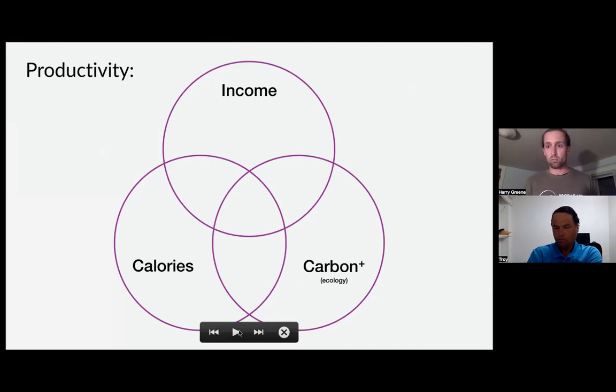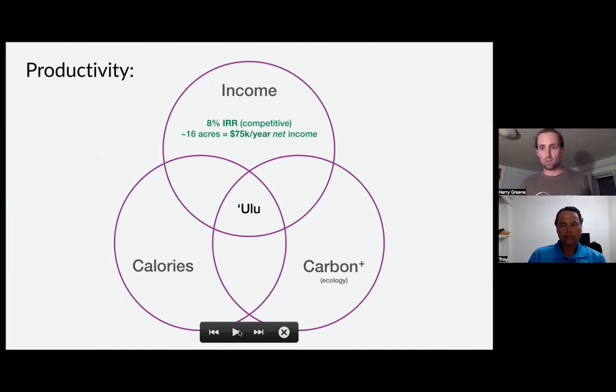So if we look at productivity in terms of 3 different things, income, food calories, and carbon and ecology, these are simplified, but we can look to perennial crops, specifically ʻUlu, as a really potent way to not just farm food, but farm a whole lot more. So a few takeaways here. For breadfruit, the return is competitive, 8%, and then on about 16 acres, that will